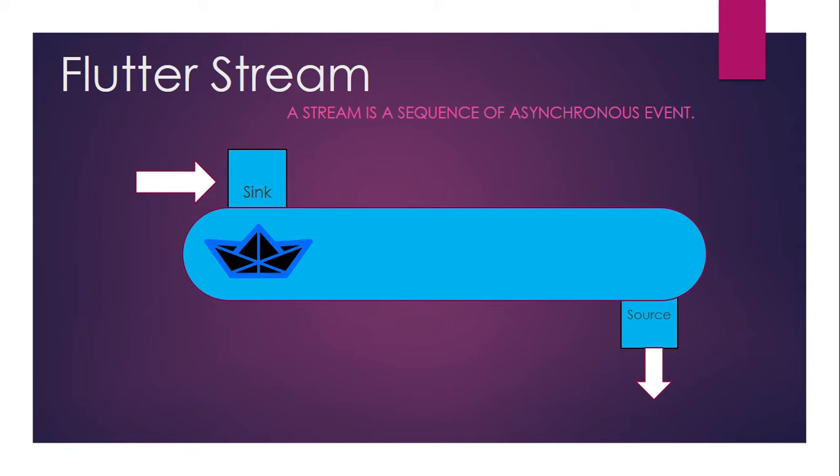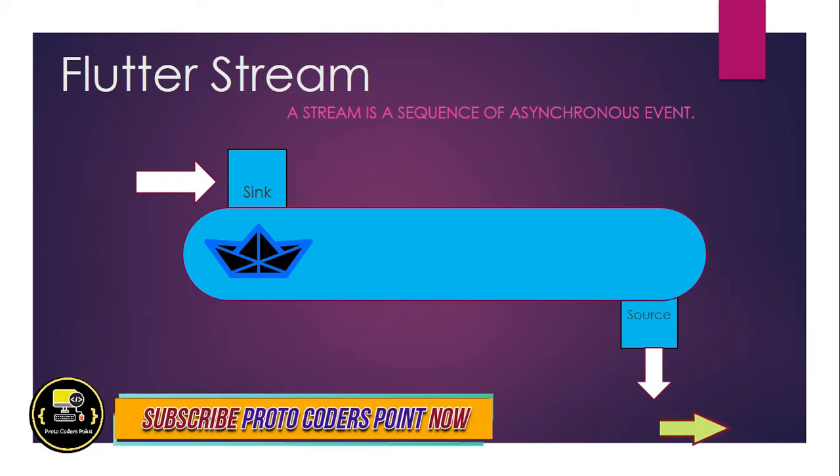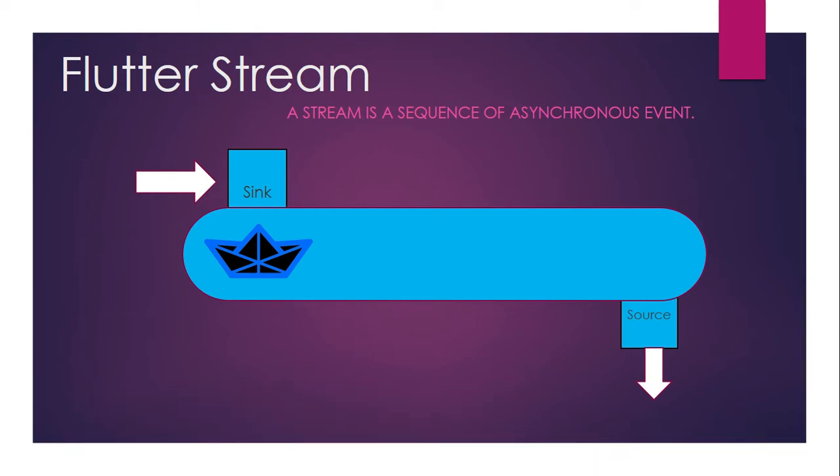Okay, so in this tutorial, we're going to learn what a Stream is, how to use it, and when to use it. So let's begin. I'm going to make two separate parts. In the first part, I'm going to explain the basics of streams in Flutter with an example in our Android Studio. And in the second part, we are going to make a network call to an API to fetch a cryptocurrency price. Okay, so let's begin.